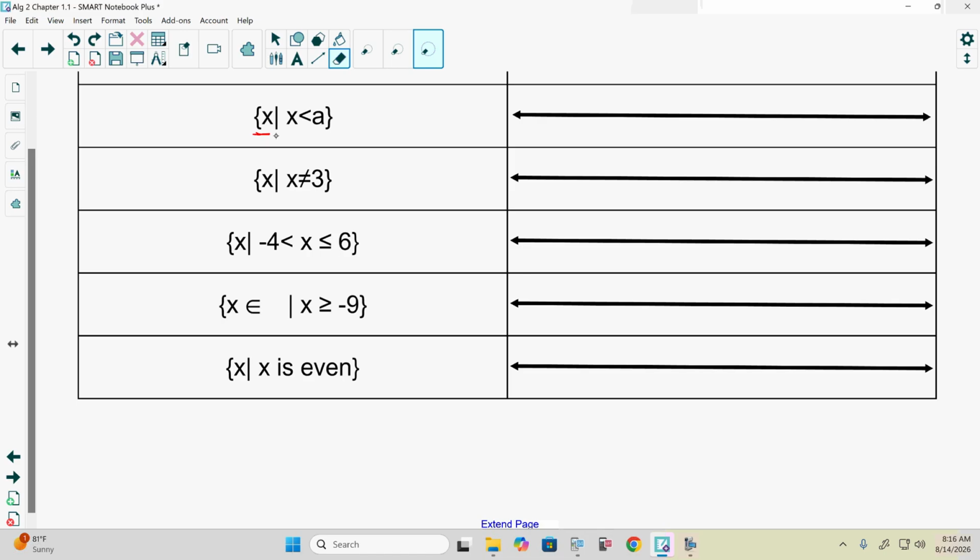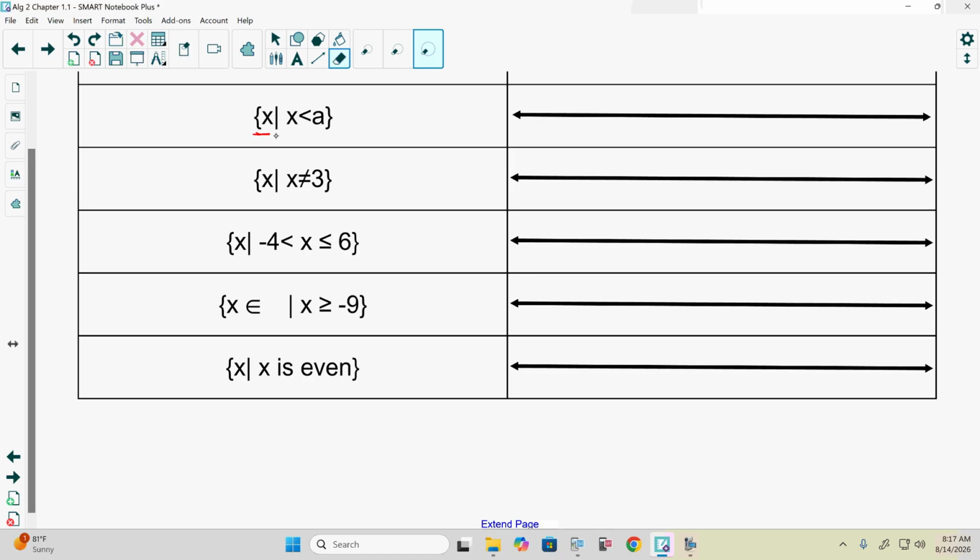So if we notice the first part, our group of numbers, what numbers we're describing, it just says X. Whenever X is by itself, it's just brace X or brace X bar. We're talking about the set of all real numbers. If a number type, set, or group is not described, it is assumed to be all real numbers. It is understood to be all real numbers. So brace X bar is saying the set of all real numbers